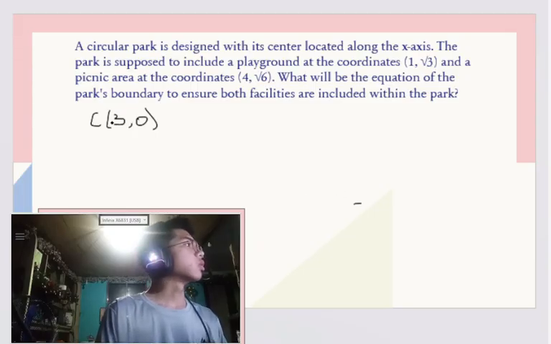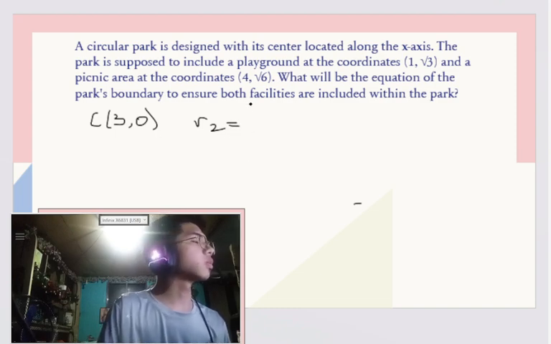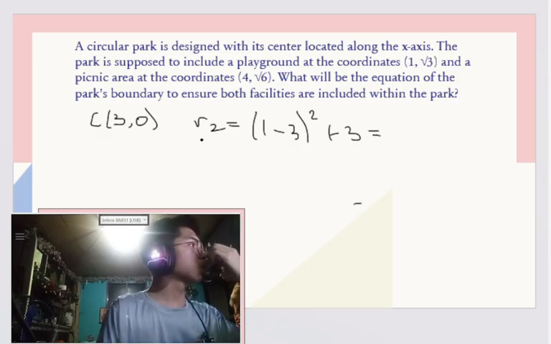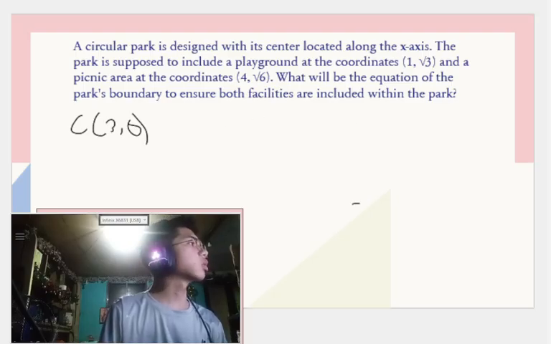So in order to find the equation, we already got the center (3, 0), and to find the radius, we're just going to substitute the h into the second equation. So substitute the h. Given the center is (3, 0), we have to find the radius, and by finding the radius, we just have to use the second equation and distribute the h.